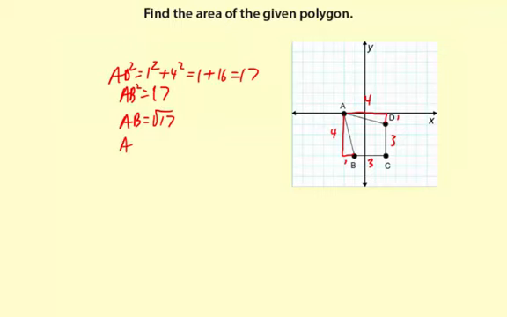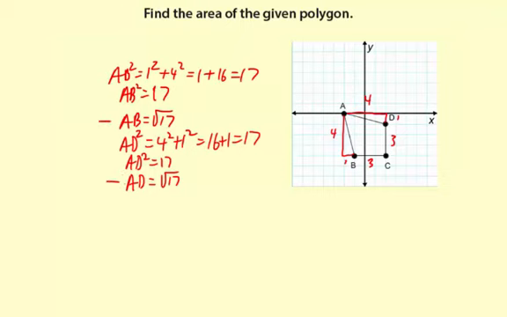Now for AD squared, it's going to be 4 squared plus 1 squared, which is 16 plus 1 equals 17. So AD squared equals 17. That means AD equals square root of 17. So AB and AD are the same measure, so we definitely have a kite, and we need to use the